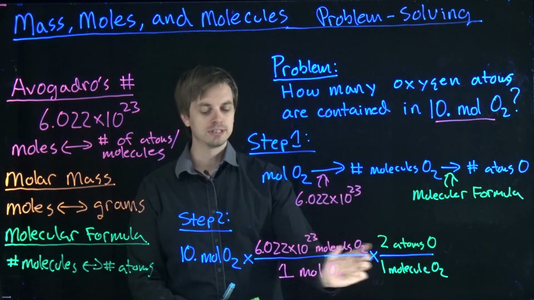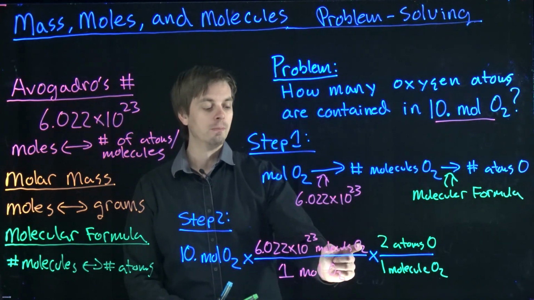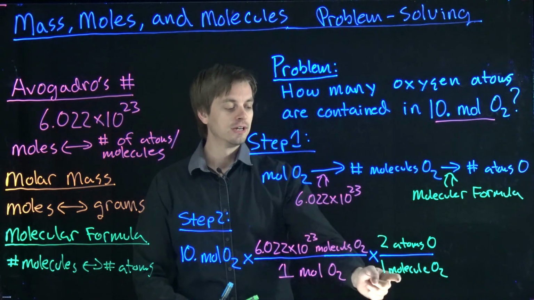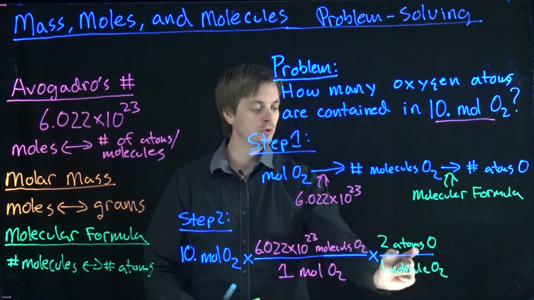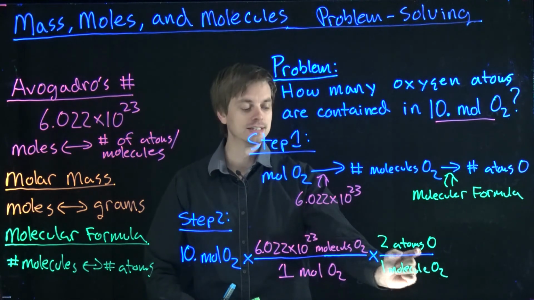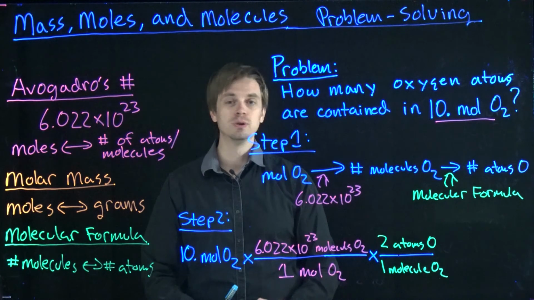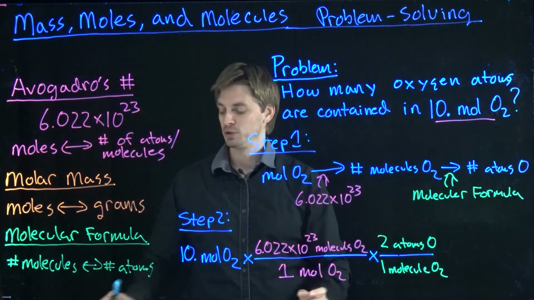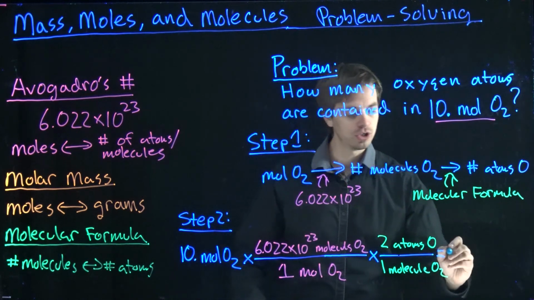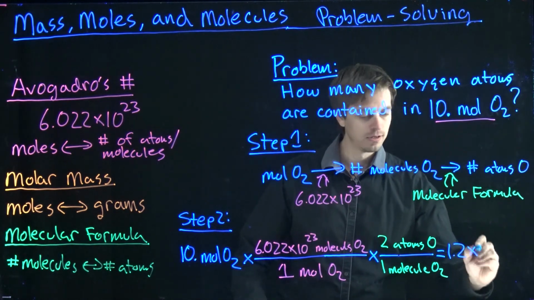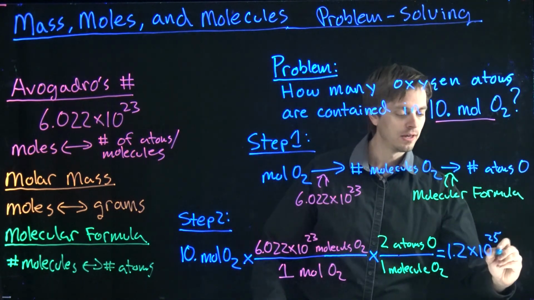So watch our units here. Moles are canceling out. We're left in molecules of O2. Using the molecular formula conversion factor, we know that there is 1 molecule of O2, and there are 2 oxygen atoms contained inside. Molecules of O2 is going to cancel out, and we're going to be left in units of atoms, individual atoms of oxygen. And so if you plug this into the calculator, you should arrive with something on the order of 1.2 times 10 to the 25th